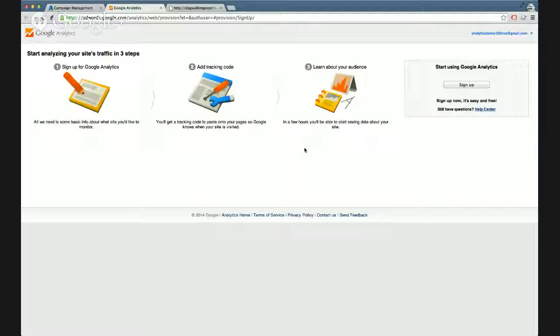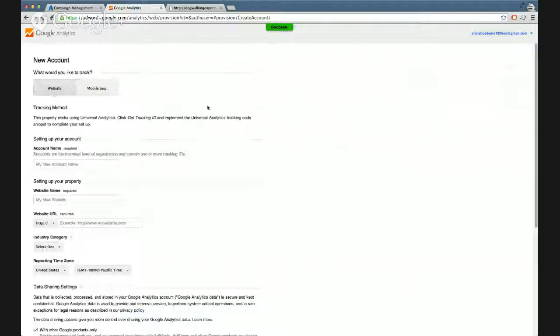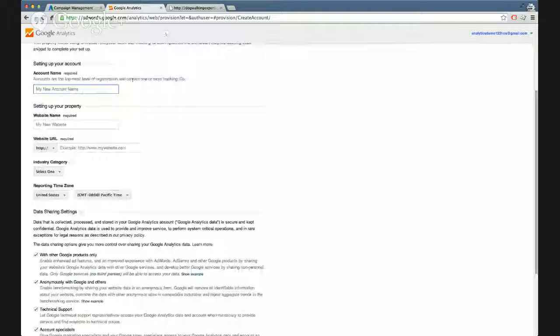It's going to guide you through actually setting up the Analytics account. It's got 3 main steps here. So we'll start with sign up. Now, the first question you get asked is whether you're tracking a website or a mobile app. A lot of our advertisers would be using websites, but just to let you know here, Analytics can be used to track your users of mobile apps as well. So what they're actually doing in the application can be quite an interesting use for it. So we've got a pretend website set up for dog walking. So we'll go ahead and carry on with this example here.